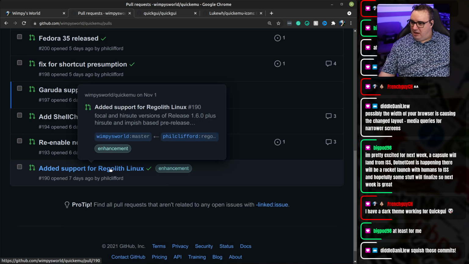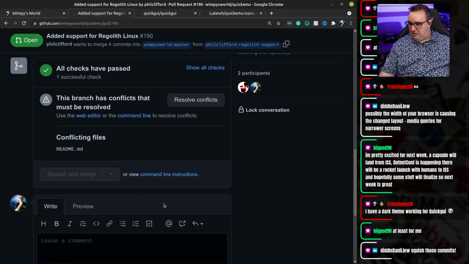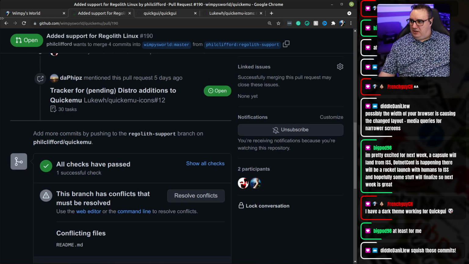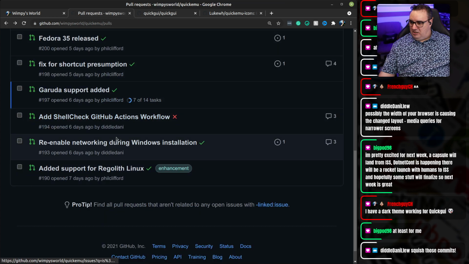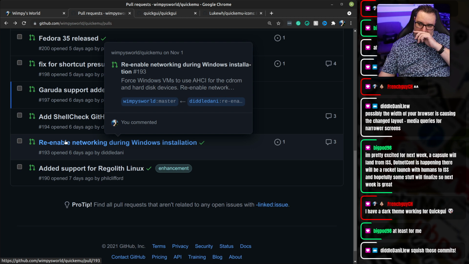So next we have Regolith. This is the tiling. Now this is the point where I suspect I'm going to go down here, and yeah, this is exactly what I was expecting to see. So Phil's going to have to, this is the thing, you have to touch so much of that. So that Regolith one's not going to be mergeable, but I know Phil usually revisits those as soon as he spots. Now Danny, it's good that you're here. So